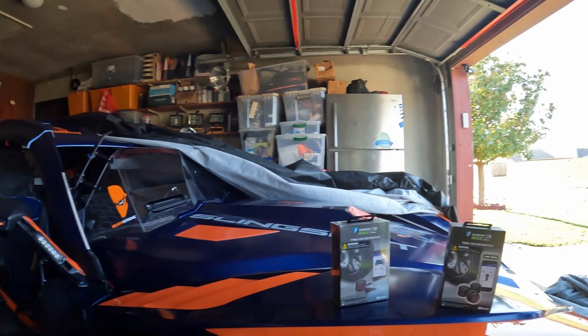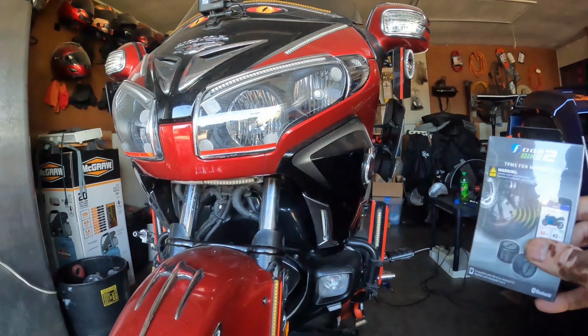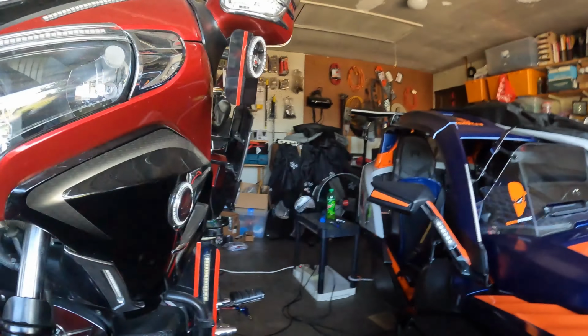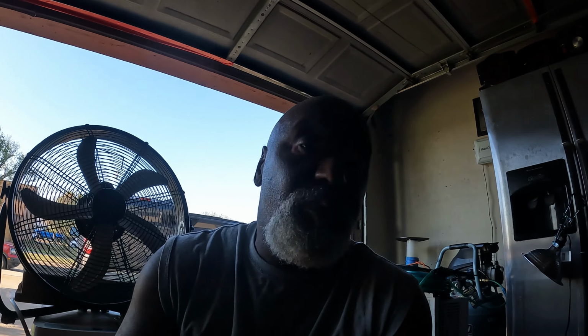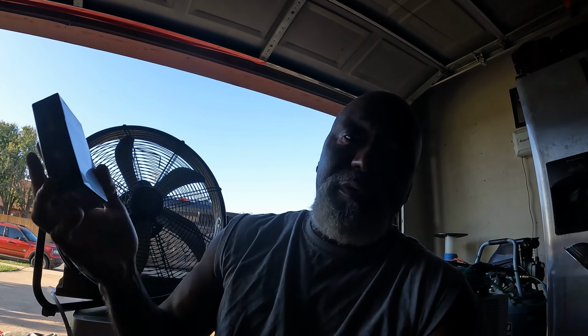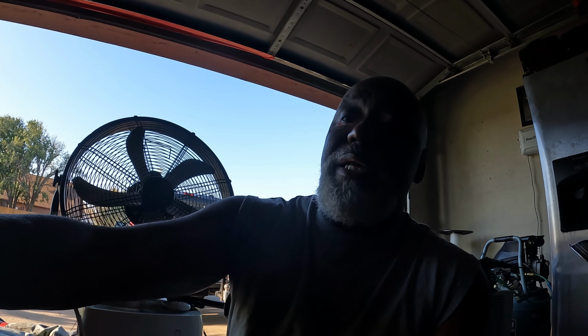Now the reason I'm going to bring it up for the Goldwing: my last video, which I made on the Slingshot, was probably about three weeks or maybe a month ago, and I've been working on Black Flash the Goldwing ever since. The reason I'm bringing up the FOBO 2 system for the Goldwing is because everybody knows that the